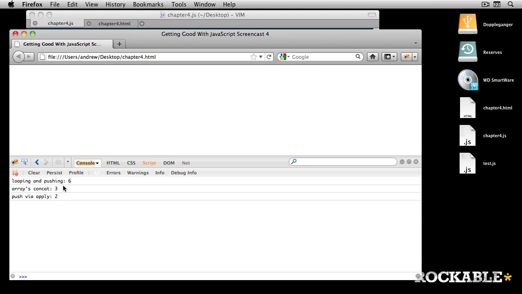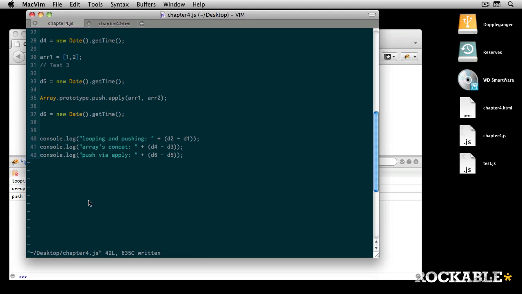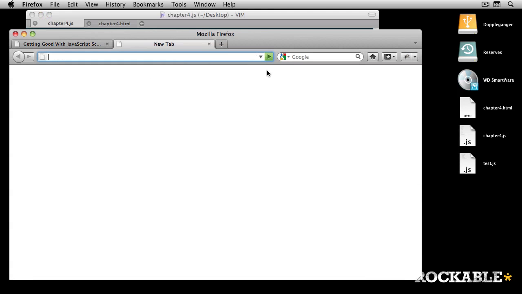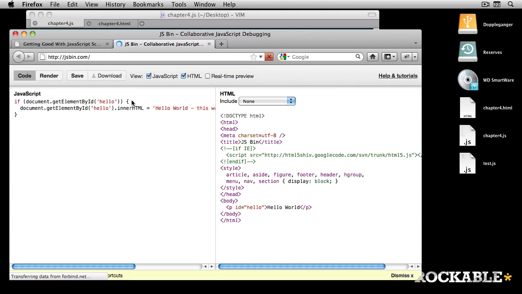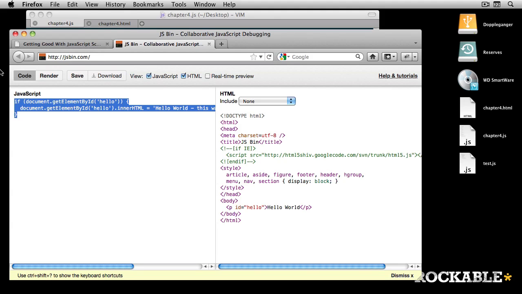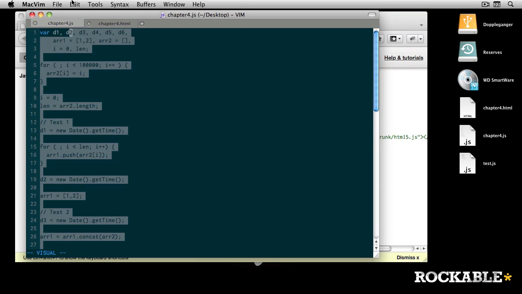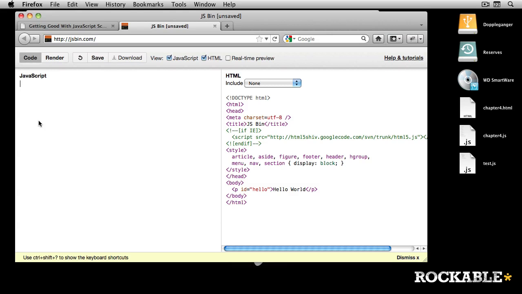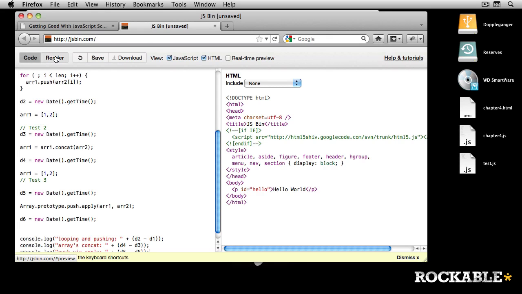So what you could actually do is type this into jsbin.com. jsbin.com is a really neat little tool, it's almost like a paste bin for JavaScript. So what you could do is copy all this code and paste all that JavaScript in there. I'm going to paste it in here. And now if I say render,